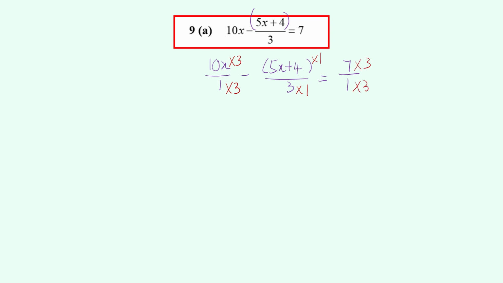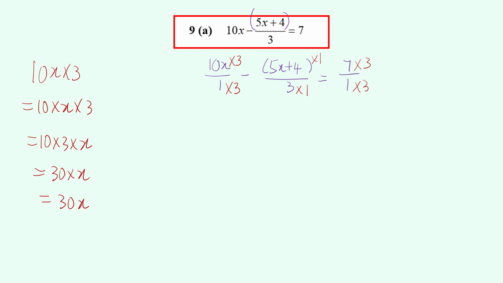Okay, so now I have the same denominator. I can just compare the numerator. So which is just 10x times 3. Okay, 10x times 3 means 10 times x times 3 means 10 times 3 times x. So 10 times 3 is 30. It means 30 times x. It gives you 30x. So this will just be 30x minus bracket 5x plus 4 equals to 7 times 3,